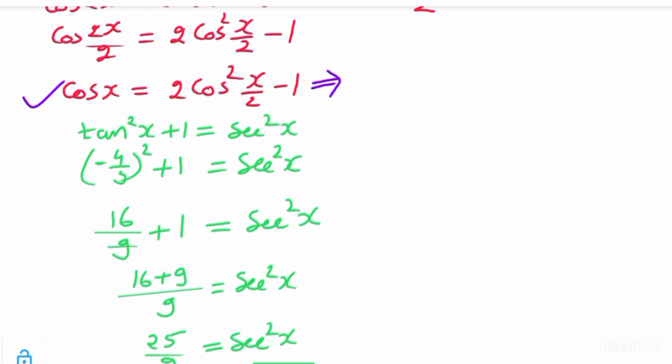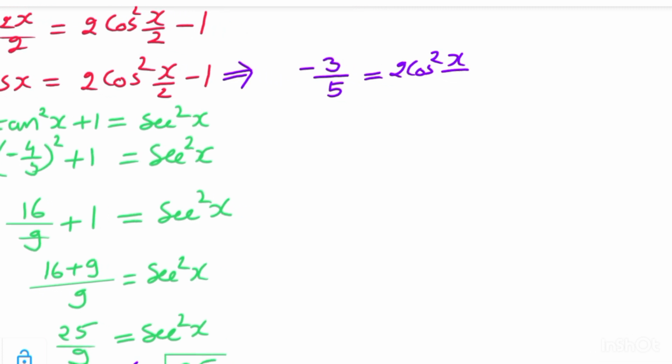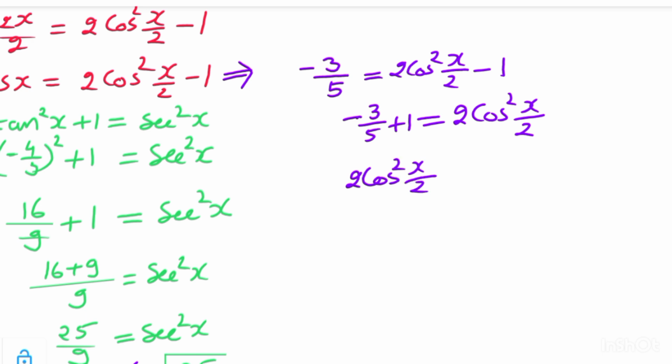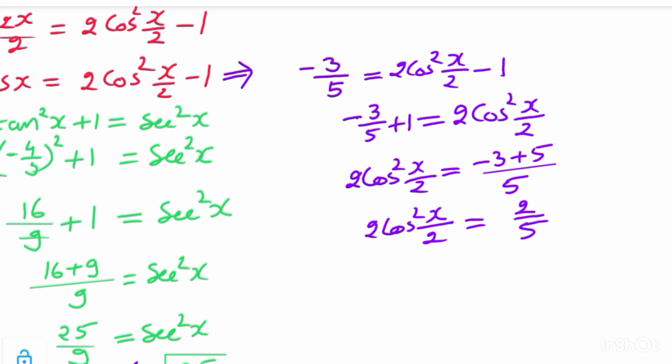So this will be, cos x is negative 3 by 5 is equal to 2 cos square x by 2 minus 1, and this will give negative 3 by 5 plus 1 is equal to 2 cos square x by 2, or this can be written as 2 cos square x by 2 is equal to minus 3 plus 5 on taking LCM divided by 5, or 2 cos square x by 2 is equal to 2 by 5, or cos square x by 2 is equal to 2 by 5, and this 2 will be here in denominator, and this 2 will be cancelled out with this 2. So cos